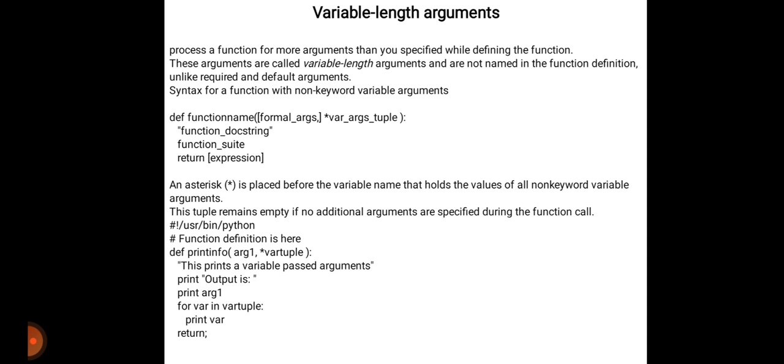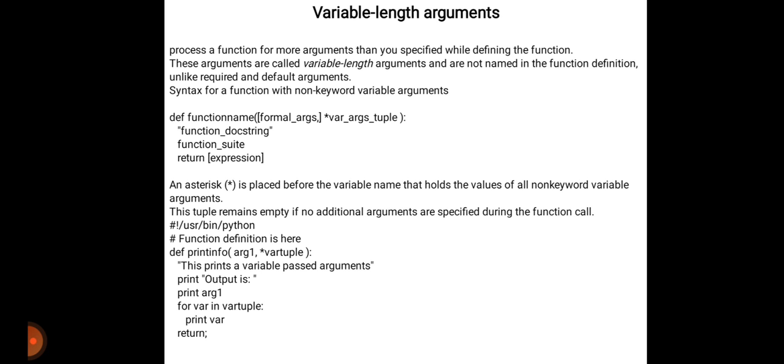The syntax for a function with non-keyword variable arguments is like this: def function name, formal args, and variable args as a tuple, then the function docstring, function suite, and return expression. Here an asterisk is placed before the variable name, which means what?